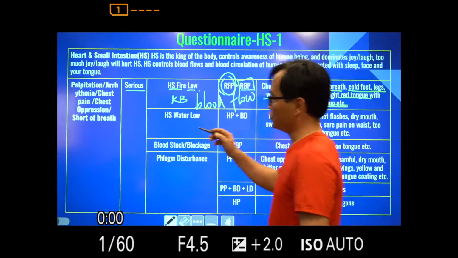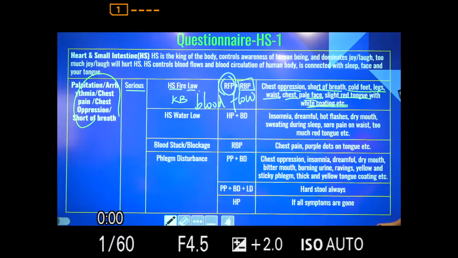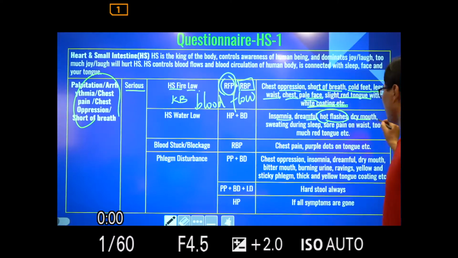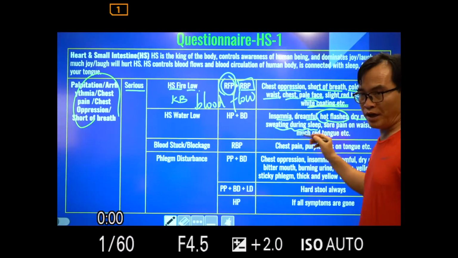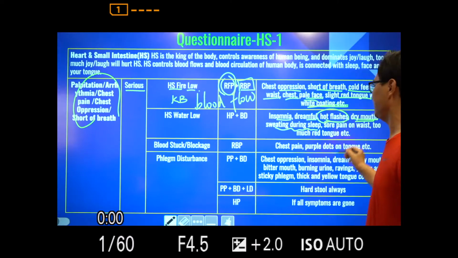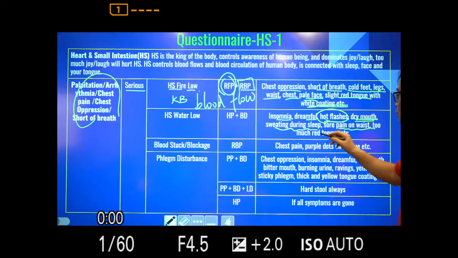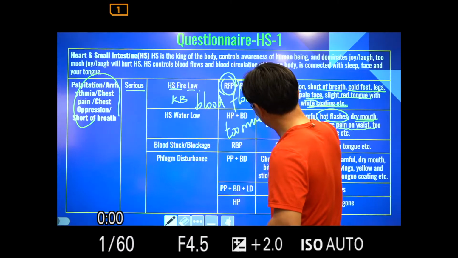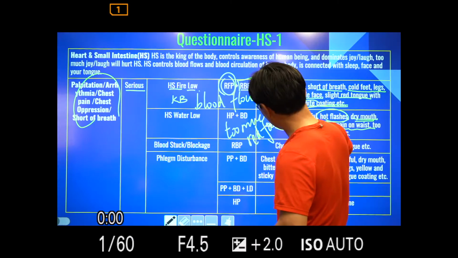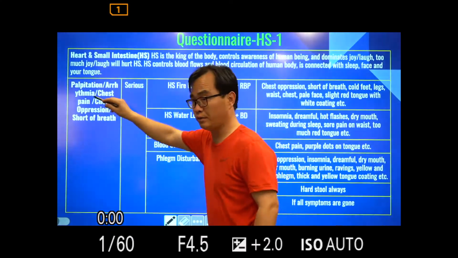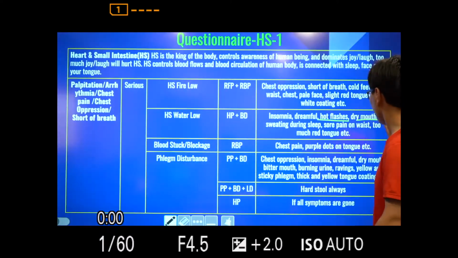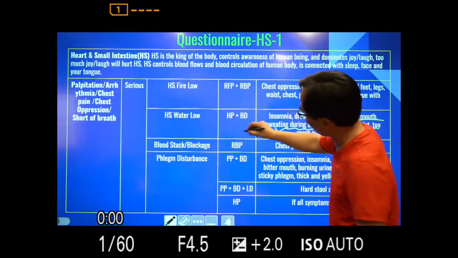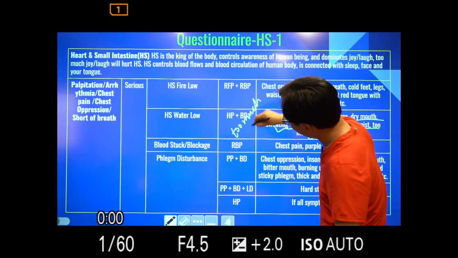And if the people have those kinds of problems, and they have insomnia, they have dreams, especially they have hot flashes, dry mouth, sweating during sleep, dry mouth, hot flashes, sore pain or dull pain on wrist, too much red tone, or even too much red face. So if people have this kind of problems, and if you have hot flashes, dry mouth, sweating during sleep, sore pain or dull pain on the wrist, too much red tone, too much red face,